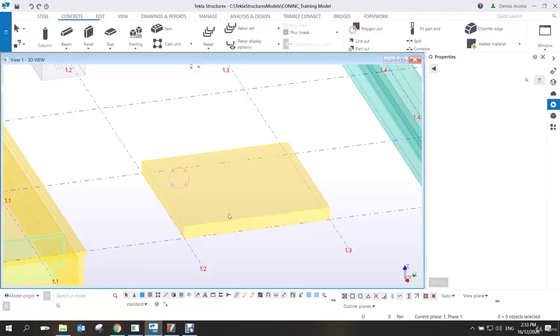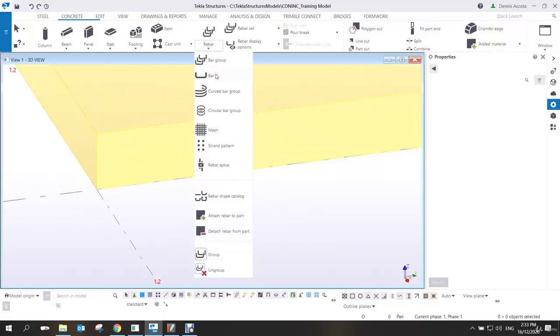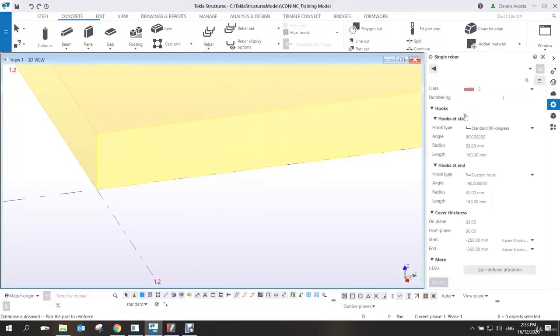Okay, for the lifting hook, I need to use the rebar only. The rebar. So rebar is this. I go to the rebar and then this single bar. This one is a single bar. Single bar is alone. Okay. Earlier, it's a group for the links. For the lifting hook, I use only one piece or single. Of course, you can also use a double lifting hook if you want. But for this example,